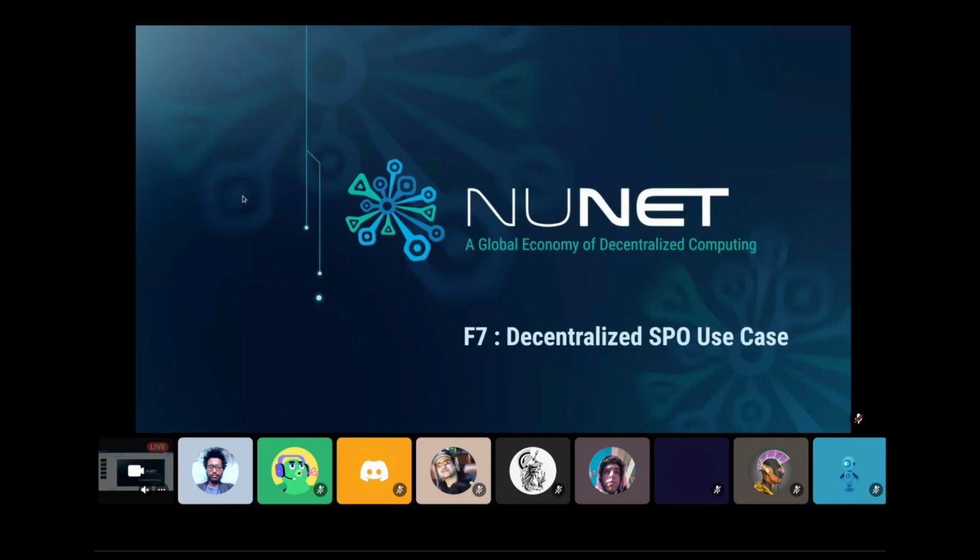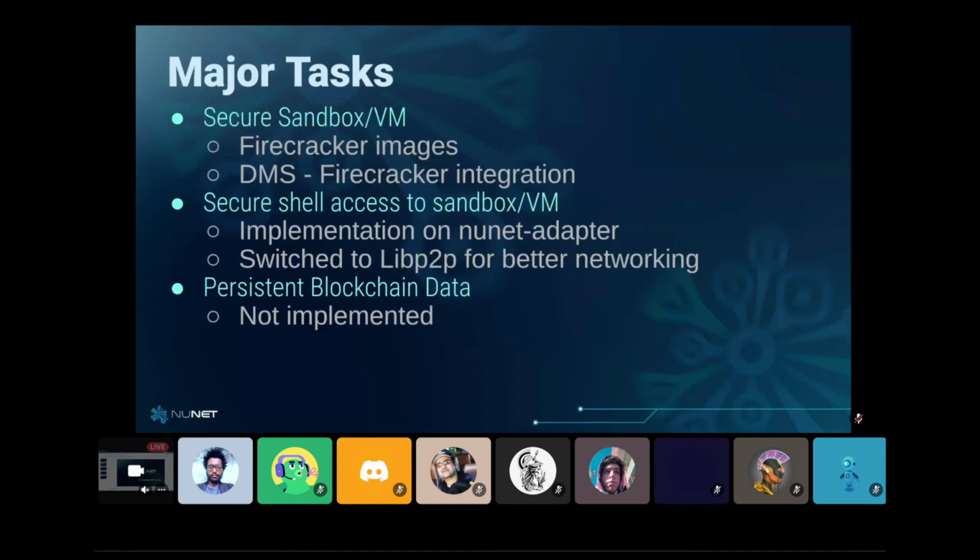Okay, hi everyone. This is the Fund7 decentralized SPO use case update. So let's start. The major tasks that needed to be done to implement this use case were preparing a secure sandbox where the nodes can run,